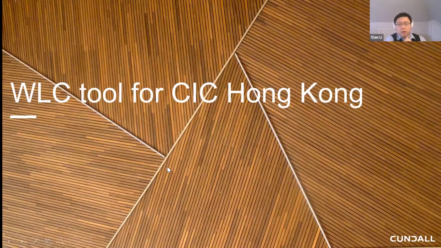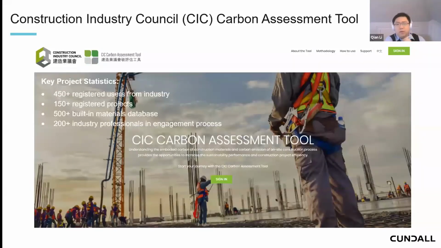And also in a similar time, we carried out this exercise for Hong Kong local government, for the Construction Industry Council. They asked us if we could develop a free-for-all online assessment or data capturing tool for construction projects in Hong Kong. And what we did is we created, basically from scratch, an embodied carbon database for Hong Kong, because Hong Kong is heavily dependent on material import from nearby countries and regions, and no embodied carbon database exists in Hong Kong.